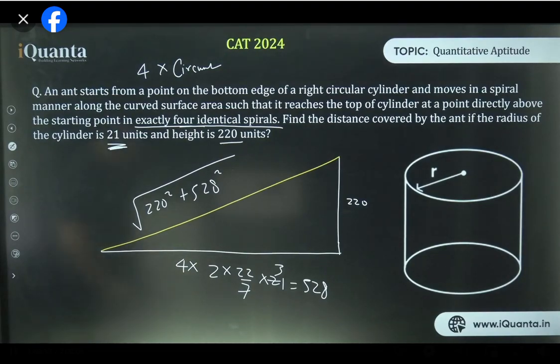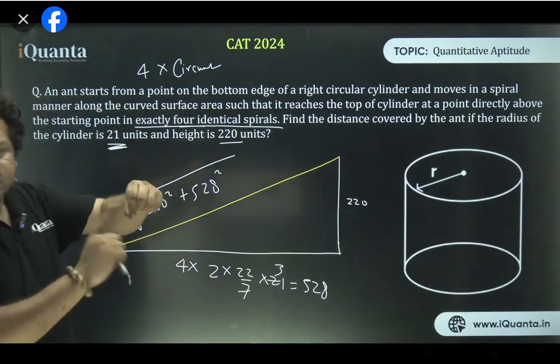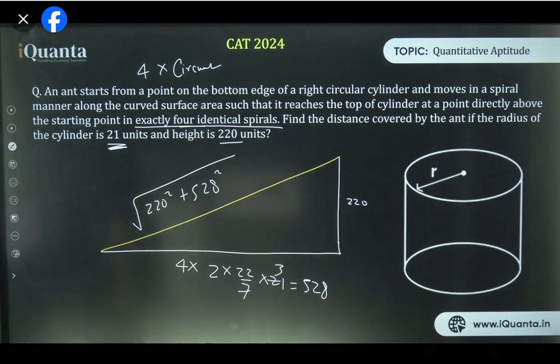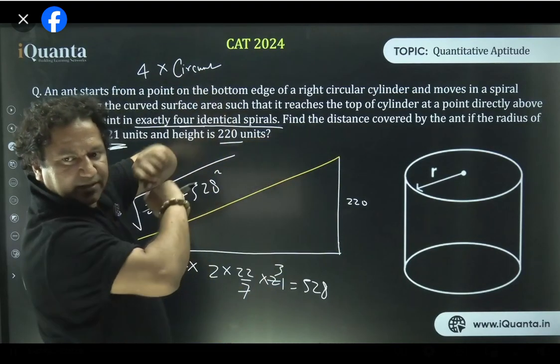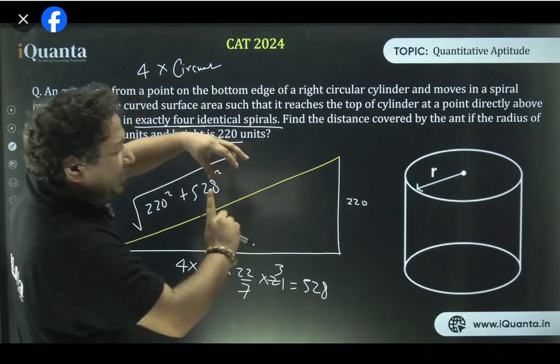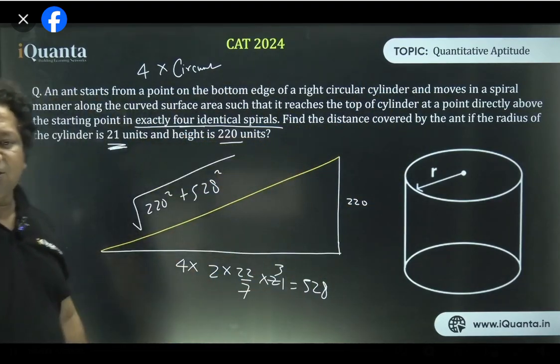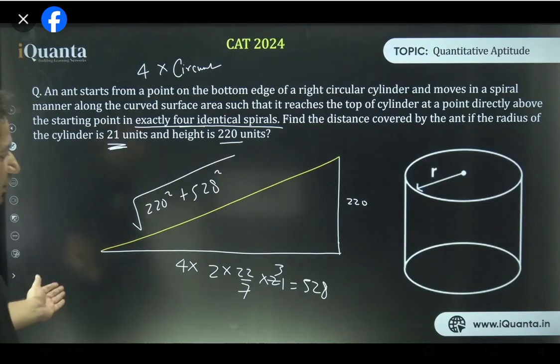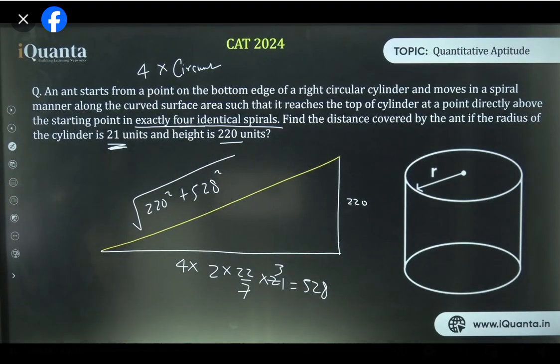Sonak, I told you just now, how will you open the thread like this? The thread will come out slanted. So vertical is 220, horizontal is this much, circumference multiplied by 4. If I'm explaining again, Sonak, if the ant was not moving spirally, suppose it moved like this. What if the ant did not move upwards, it just moved horizontally, then it would have made 4 rounds, so its horizontal movement would have been only 4 times the circumference, yes or no? Must be understood by now? Understood, Sonak? Okay, great, perfect.